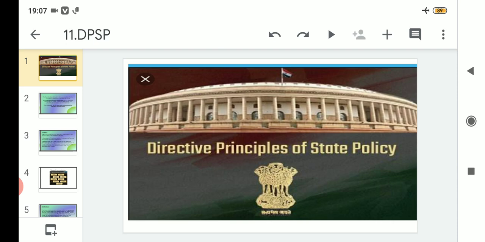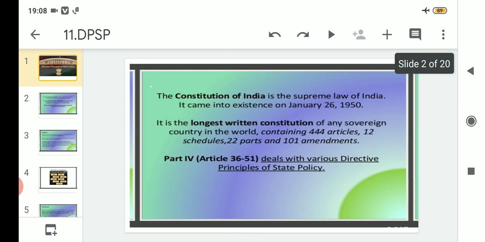For ruling the country, certain rules and regulations are there which they have to abide by, and they follow these through the directive principles of state policy mentioned in the Constitution of India. So in simple words, it is the rules and regulations according to which a government rules the country. After that,